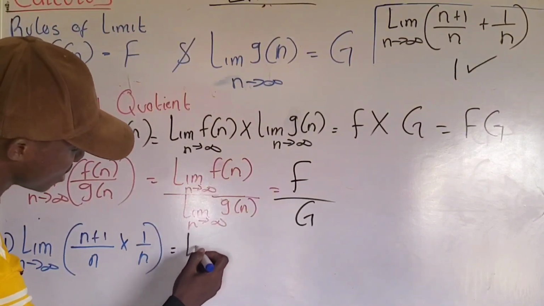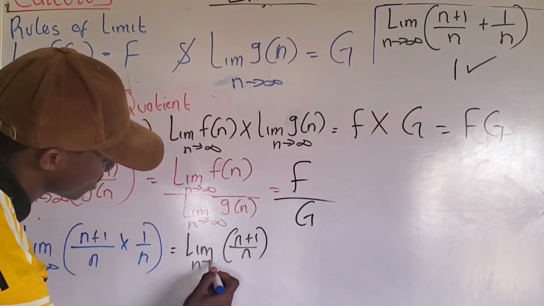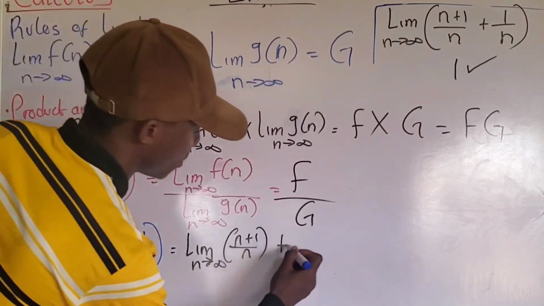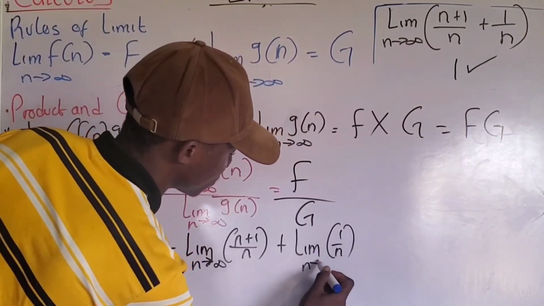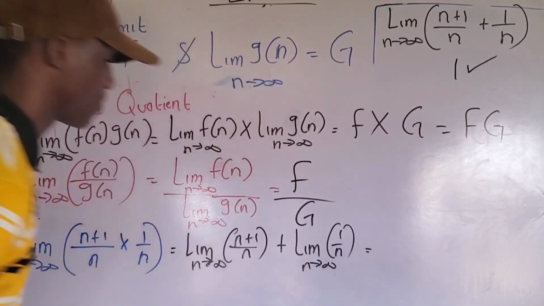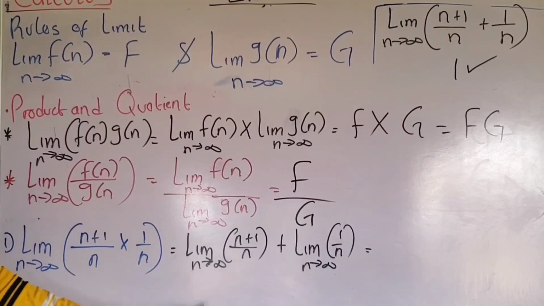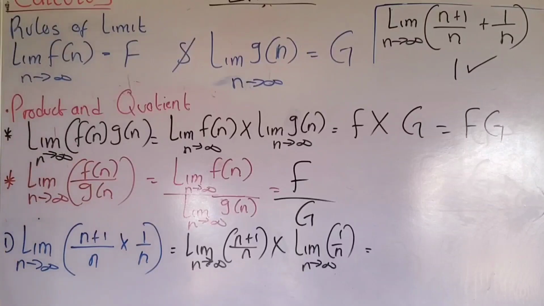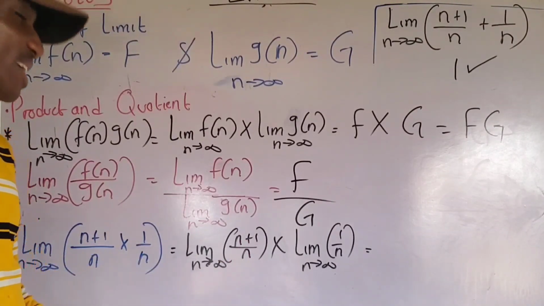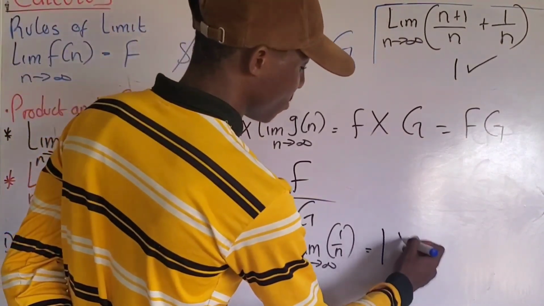You're going to have something like the limit of (n plus 1) all over n as n tends to infinity, plus the limit of 1 over n as n tends to infinity. Oh sorry, this should be multiplication, because we are dealing with a product. So, if you take the limit of (n plus 1) over n as n tends to infinity, you are going to have 1, right? Yes. That means I'm going to have 1 multiplied by